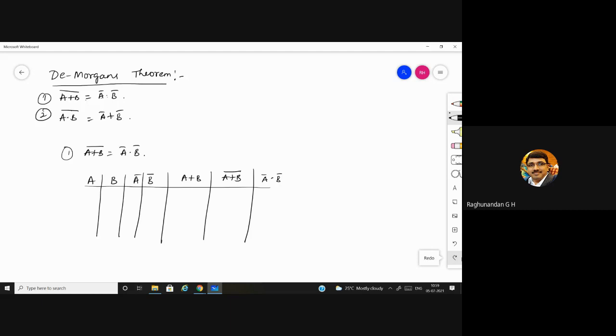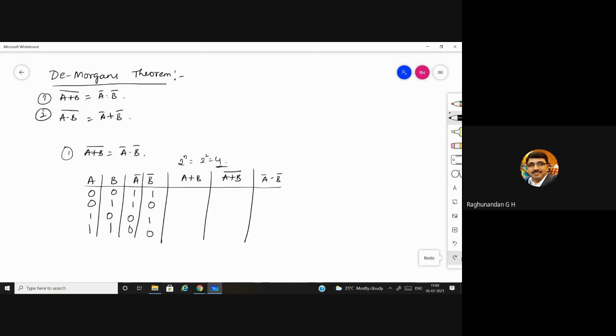As we know, we have two variables. According to the power of n, we will have four different inputs: 0, 0, 1, 1 and 0, 1, 0, 1. The complement of A is 1, 1, 0, 0, and of B is 1, 0, 1, 0.